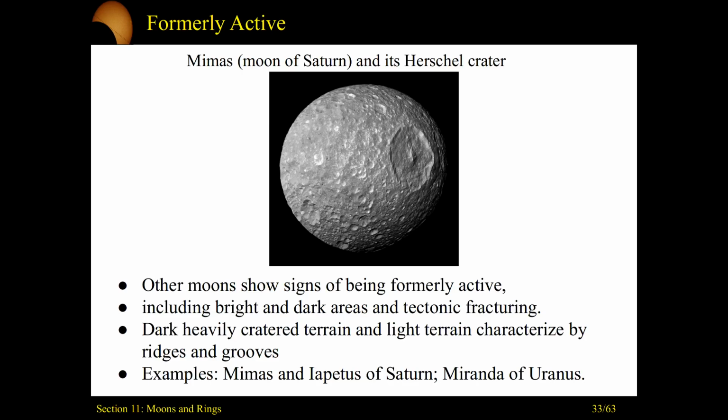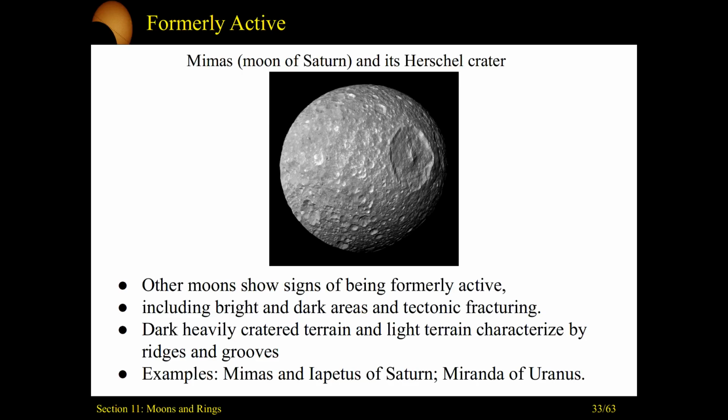So, of points that matter, these moons do show that they were formerly active. You've got regions of dark versus bright, which is distinguishing, hey, could there have been former activity there? All right. And here's a list of moons that kind of fall into this category of they used to be active objects. Key emphasis here, what provided this was the internal heat from the formation of these moons, and that has since dissipated away. And these moons fall in a region where that tidal heating just isn't enough to drive